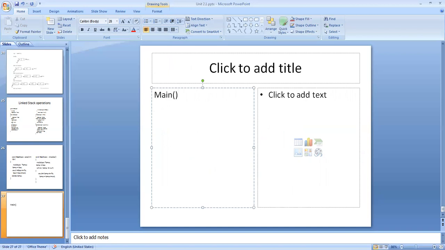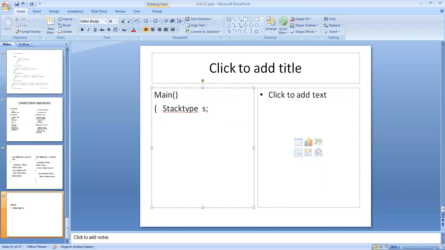Main. I need an object for the stack type. My class is stack type. I create an object for that. I call that yes. Okay, the object is yes.